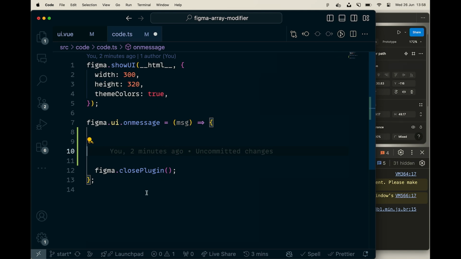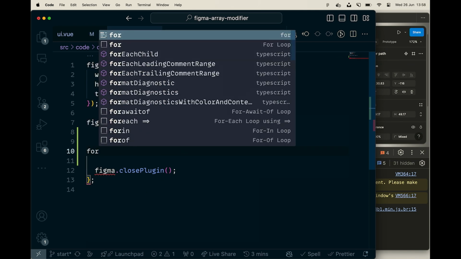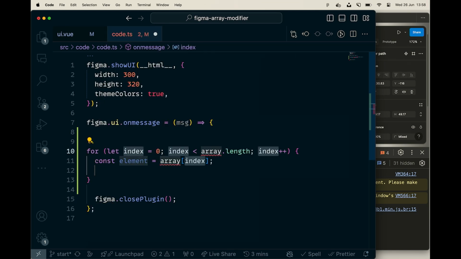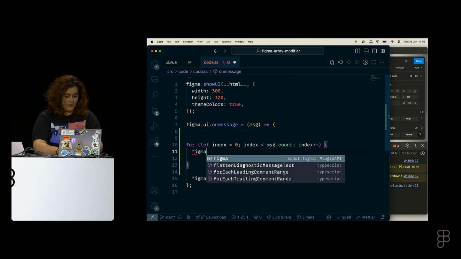So how do we do that? Assuming you have VS Code, you type for, and then you click on this one, and you click enter. Coding, right? Thank you. And instead of array.length, let's put message.count, which is the name that we passed it. And this should run 5 times. Okay, so now each one of these 5 times, I want to say